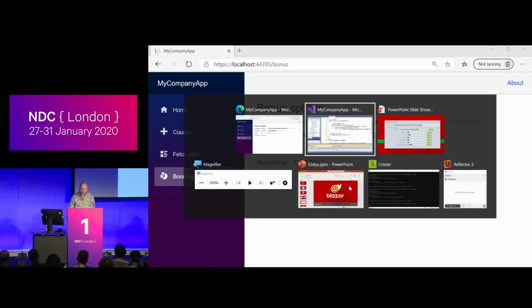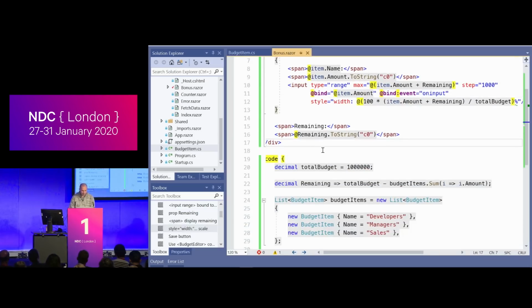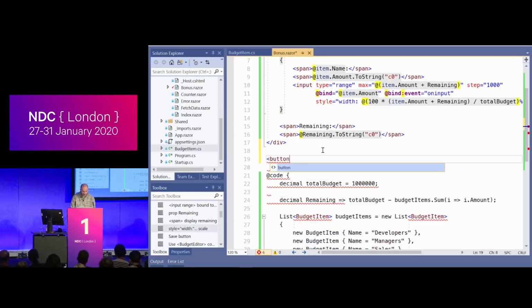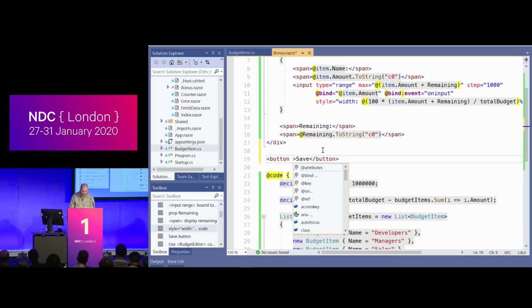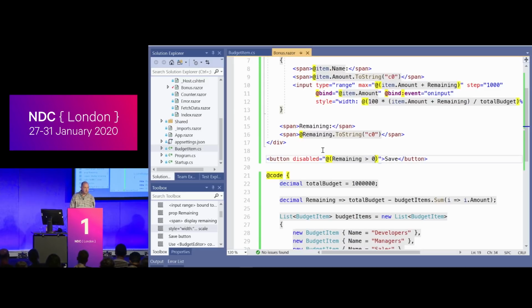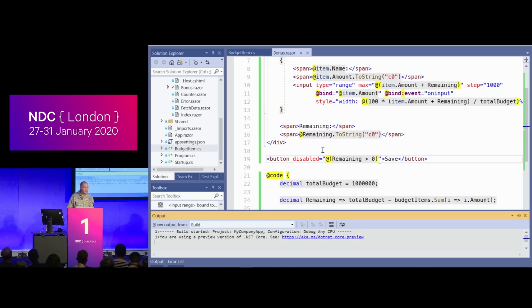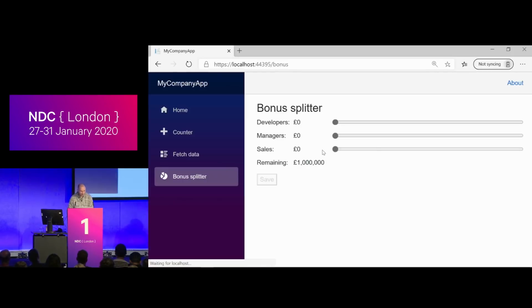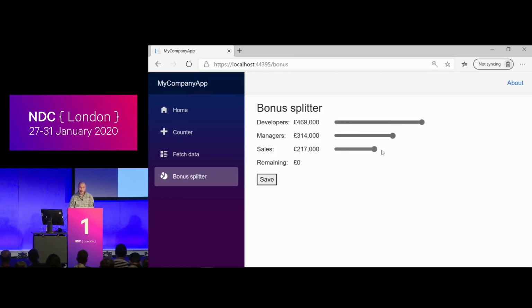Well, let's say that we want to have a save button at the bottom of our UI. So I'm going to have a button with the caption save, and I'm not going to wire up any behavior to it. But what I will say is that this button will be disabled if the remaining amount is greater than 0. So a very simple and intuitive way of controlling the state of that button. Come back and reload, and you'll see that the save button is disabled right now. But if I allocate all the money, then it becomes enabled, disabled, enabled, disabled, enabled,